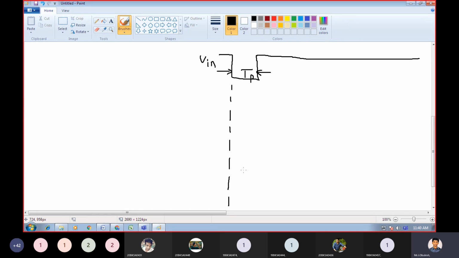For the capacitor, we need to draw. The capacitor will charge from reference to maximum, right? First, you need to take a reference level for the capacitor. This is the reference level. From this, the capacitor will charge up to the VC level. Assume that this is the VC level. It will charge up to maximum here. This is the VC.